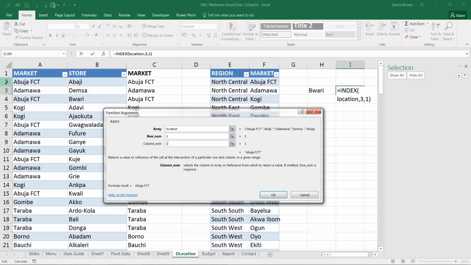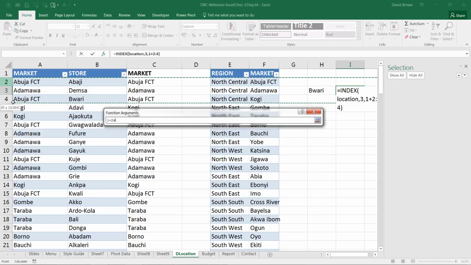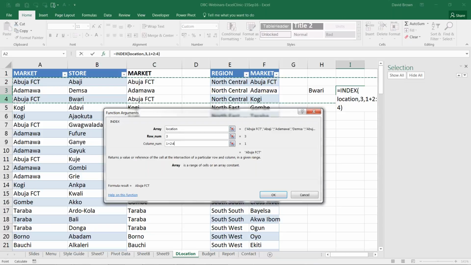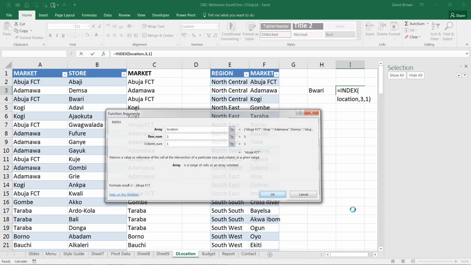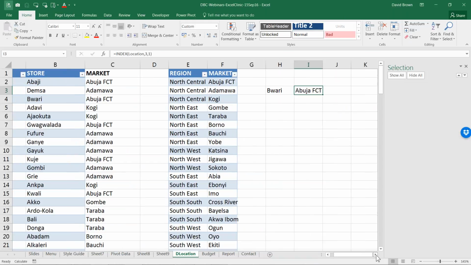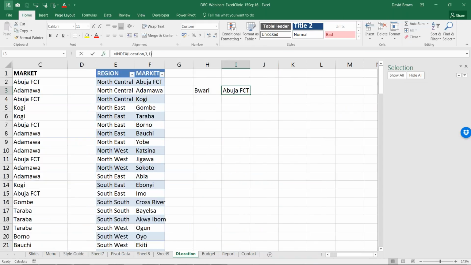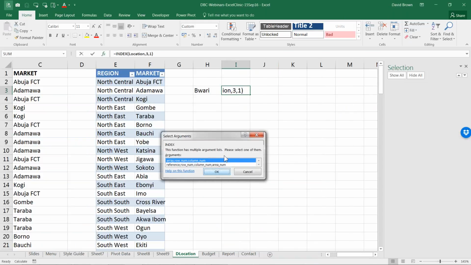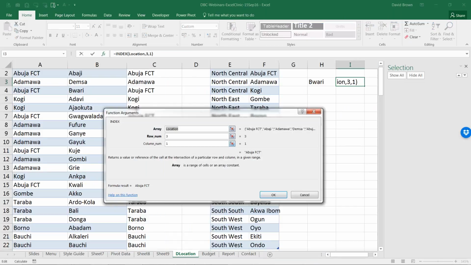My location table starts from here. What I can see in this location table is row 1, row 2, row 3, and column 1. So the address is row 3, column 1, and then I can get my Abuja. That's how you get Abuja with INDEX and MATCH. Okay, it's just an address, but there's a big problem. The big problem is I typed 3 here and I typed 1 here. That is manual. That's a manual approach. One thing in Excel you should never do is hard code.